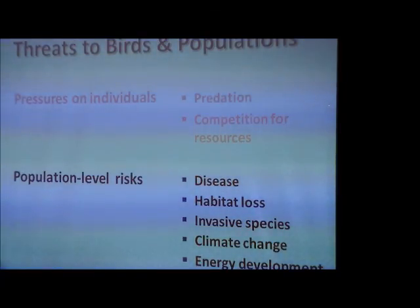Disease is a big one with birds, and we contribute to this because we love to feed birds, but we don't take very good care of our bird feeders. And so every once in a while, we will get these epidemic situations of disease sort of running through wintering birds that are at bird feeders, because the feed gets wet. The feeder itself allows the birds to just be standing in the feed, and they're pooping in it, and it's not getting cleaned, and then it gets wet and moldy, and then they get a bacterial infection,